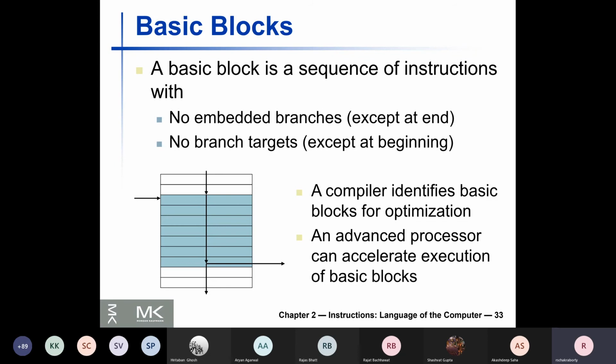But there are also hardware dependency resolvers and mechanisms by which simultaneous execution of multiple instructions can be started. Such processors which can start to execute multiple instructions at one go, of course you need multiple execution units for that, are called superscalar processors. Okay, superscalar processors are very common.